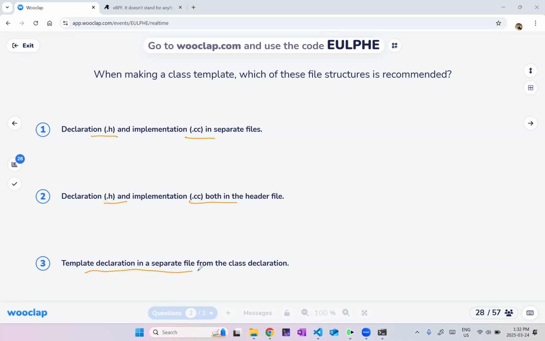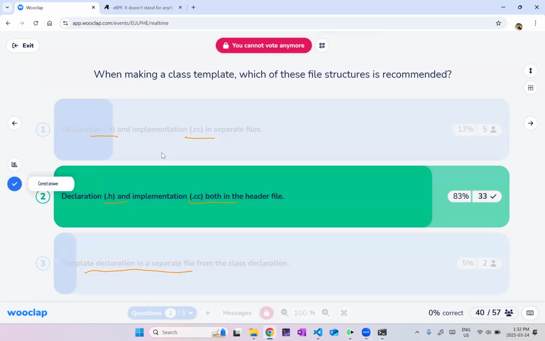I guess the why would be for bonus marks. All right, so we do want to put them both in the header file, and the why is that,